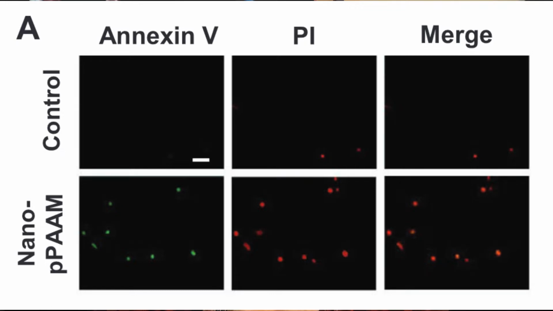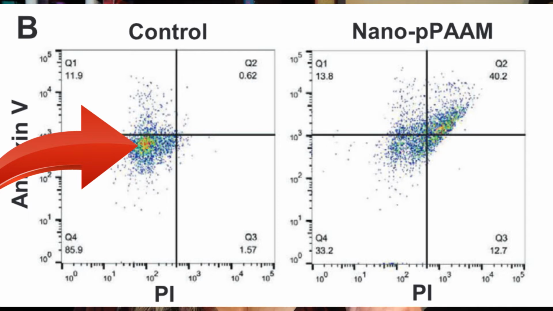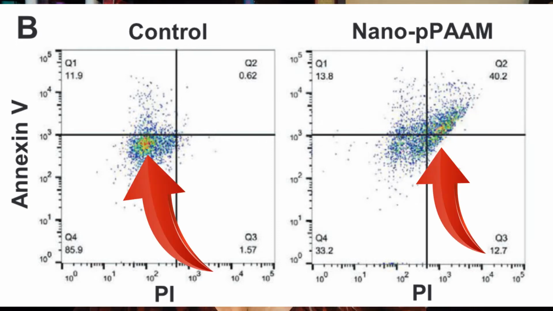This is confirmed by the next figure, which shows the controls in annexin V levels being on average a bit below this horizontal line, then getting shifted up to the line with PPAM. Same with the PI on the vertical axis. This is saying that there is indeed some programmed cell death involved. It's not just some accidental skewering of cells during the method. Alrighty, now that we know that it's apoptosis, we can figure out which kind of apoptosis.